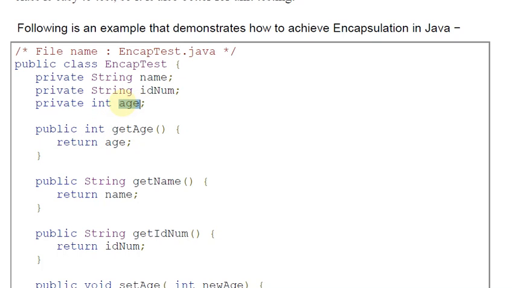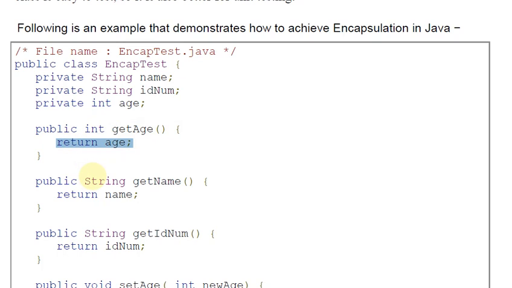Here we declared the age variable, so this method returns the age. The return type of this method is int, and age is a variable which is also of integer type. So this method returns age.